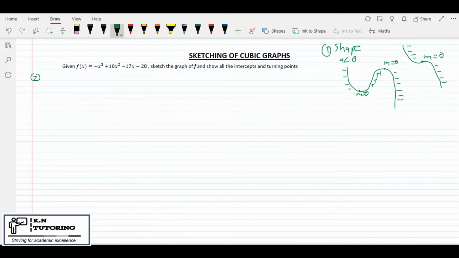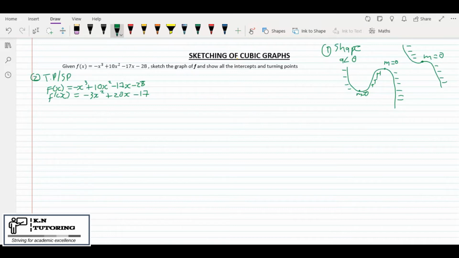Number 2, we're going to look at your stationary points, or turning points. With stationary points, we first need to take f of x equals minus x cubed plus 10x squared minus 17x minus 28 and determine the first derivative, which is going to be minus 3x squared plus 20x minus 17. If you don't know how I did this, go back to the third or fourth lesson that I did on differential calculus,